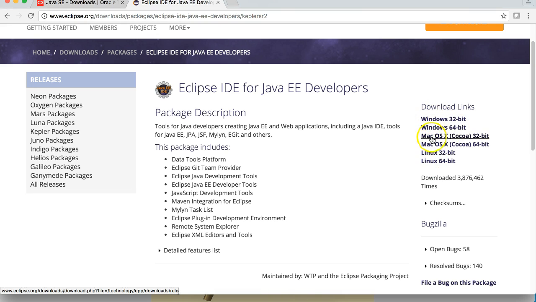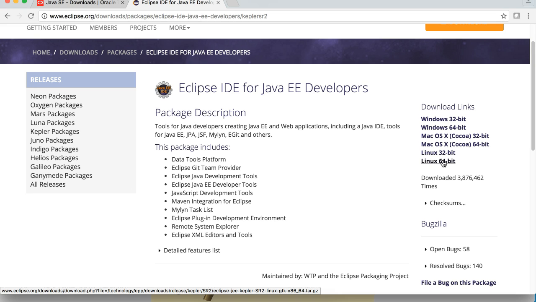Whatever operating system you have, just click on the particular link and it will download a zip file. All you need to do is unzip the contents of the file, and that's it. Once you unzip the contents, the installation part of Eclipse is done.